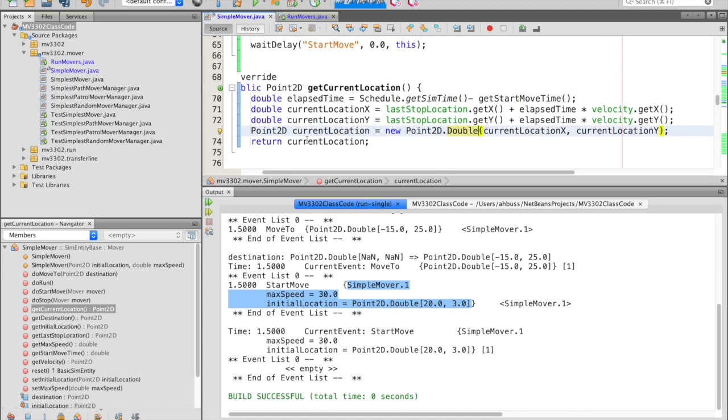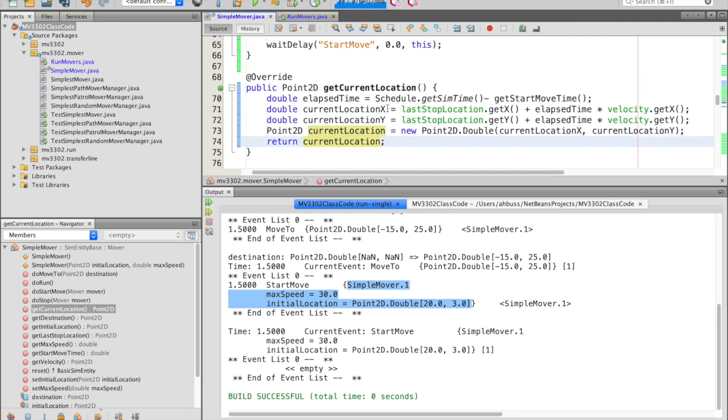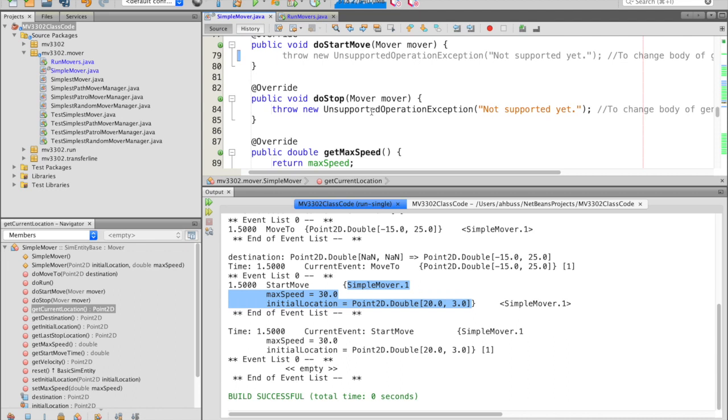Important thing here is that notice that this variable current location is not a state variable. It's not an instance variable. Here, syntactically, it's a local variable. All of these are just local variables to make the computation more straightforward. I could have done all this in one line, but I like to do it separately like this because if something goes wrong, then I can run it using the debugger and step through each of these calculations to see what was going on there. Okay, so now at any given time, this is going to return the actual, no kidding, current location of our